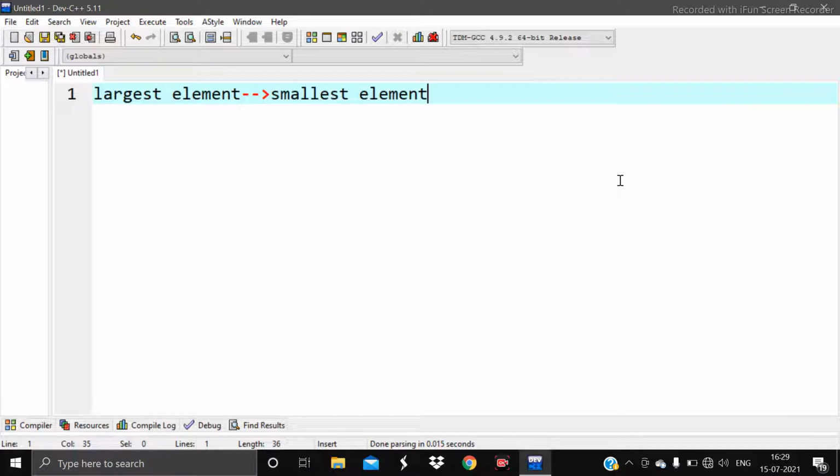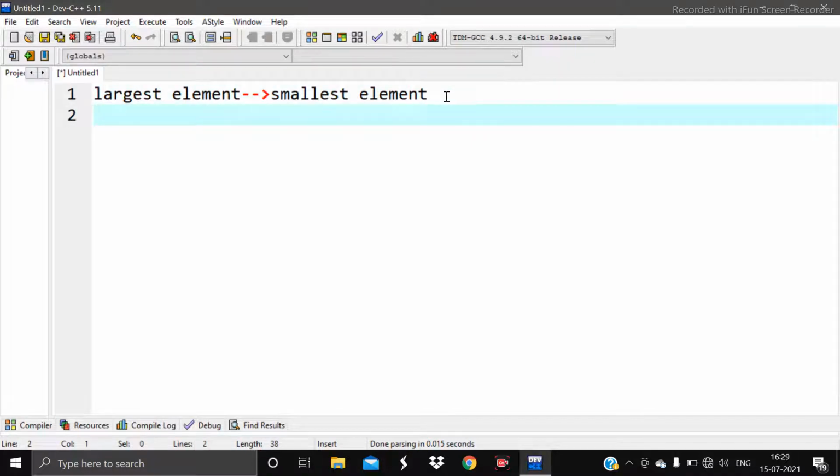That is, we have to first declare. This is a simple logic. There are many other logics, but this is the simplest logic for finding the largest and smallest number. First, you have to declare the value of the first index as the largest or smallest number. Then you have to check, using a for loop, each and every element of the array, whether any element is smaller or greater than that particular number, depending on the condition for finding the smallest or the largest number. And then you have to print that number as the small or the large variable, and print the value of the index, or you can say the position of that element in the array, as the position.